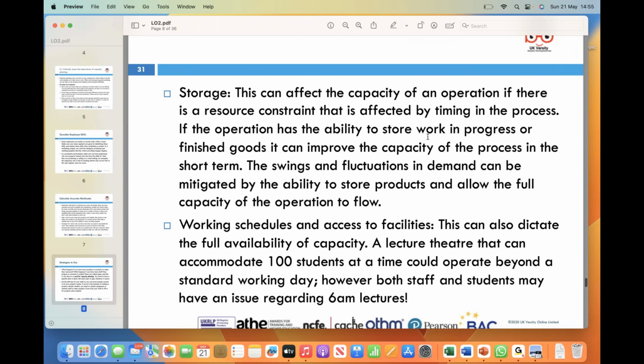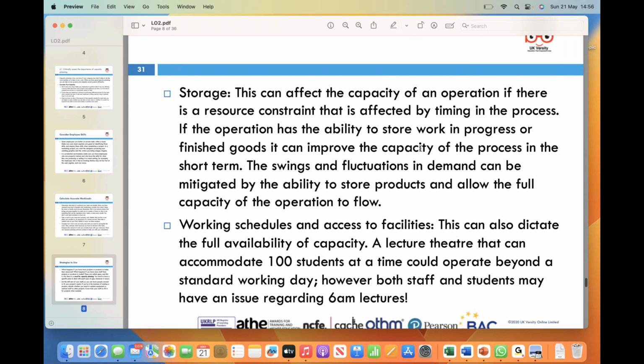Scheduling maximizes availability. Apart from shortage and storage, working schedule and access to facilities also play a vital role in determining the availability of capacity. Let's consider an example of a lecture theater with a capacity of 100 students. Now imagine if this facility were to operate beyond standard working hours, allowing for lectures as early as